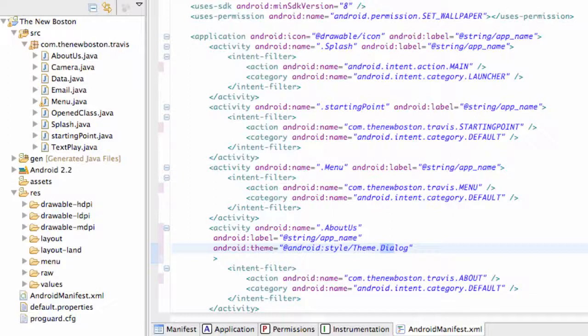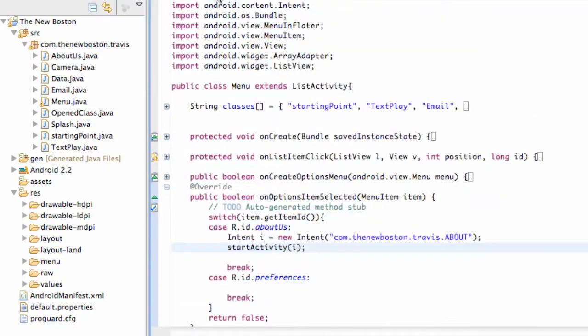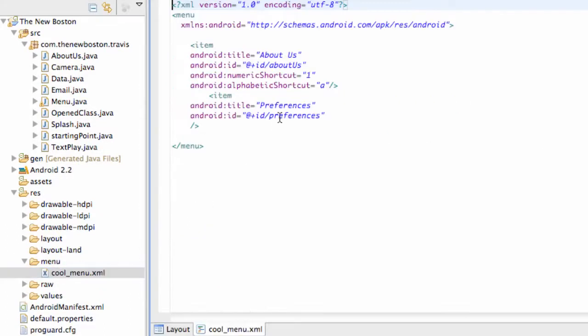What we're going to do in this tutorial is basically work with preferences, because our menu had the preferences option, so we're going to work with that. And basically the beauty of preferences is it will save the data even if you exit the application. So actually what I'm going to do real quickly is go into our menu and add just one more item,